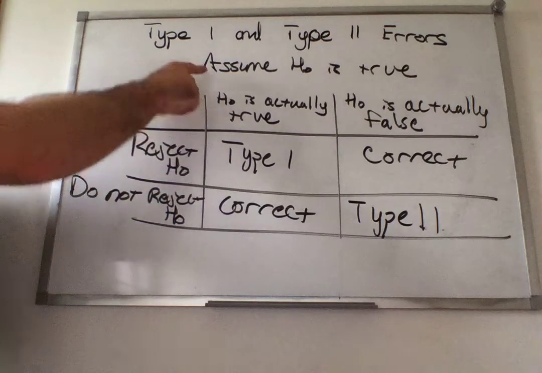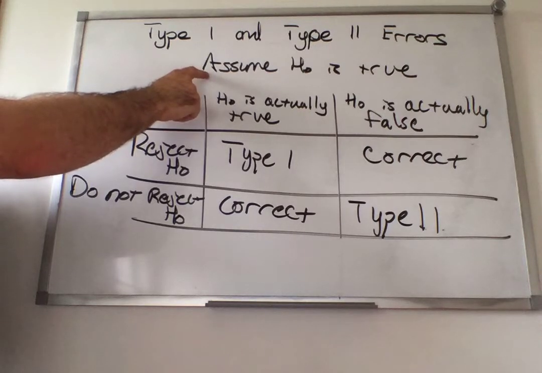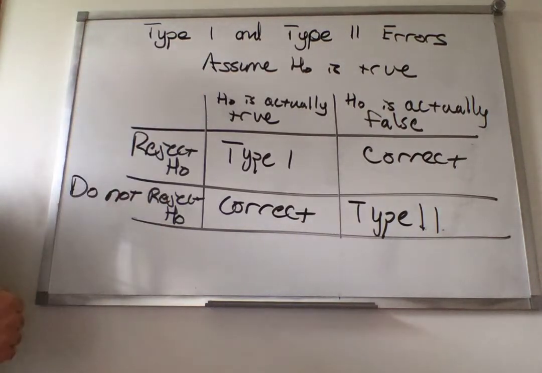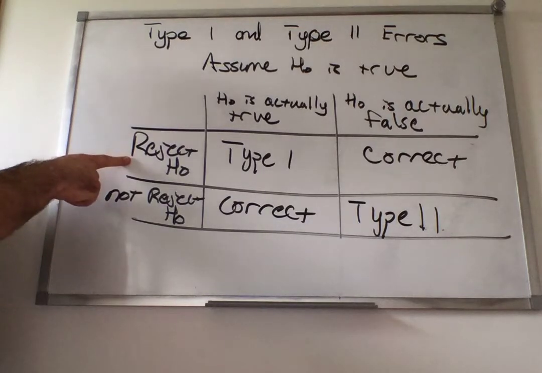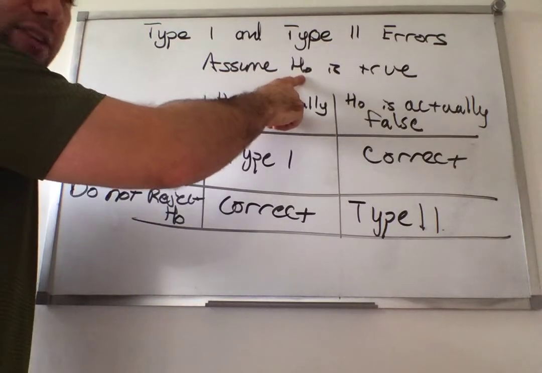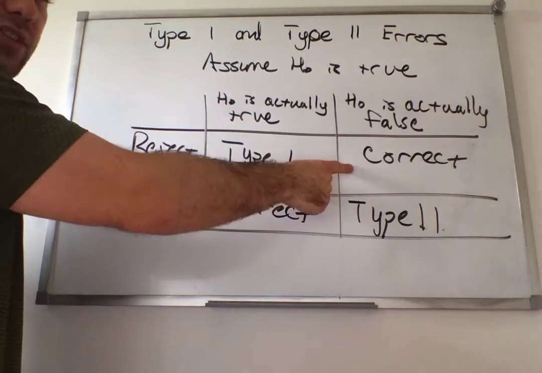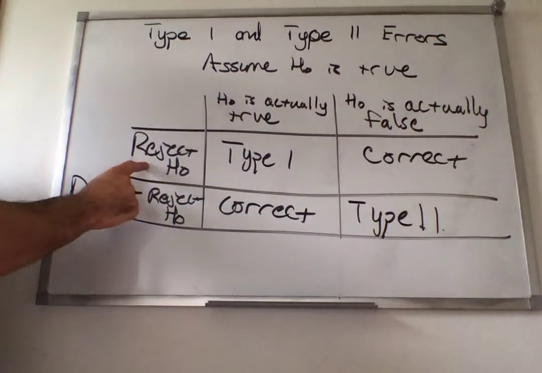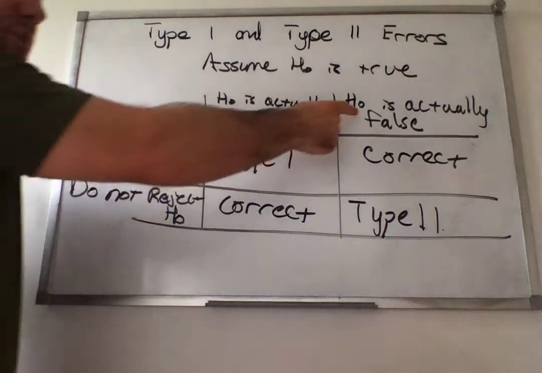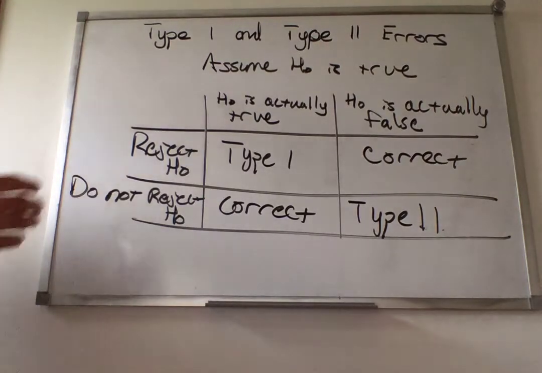Now, we assume that it's true, going through our analysis, get our numbers, we reject it, and if the null hypothesis is actually false, we made the right decision. Because if it's actually false and we rejected it, yeah, we want to reject something that's false. Okay, so then we made the correct decision. Now, down here,